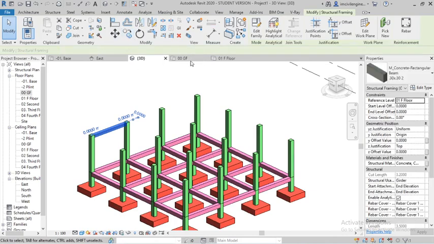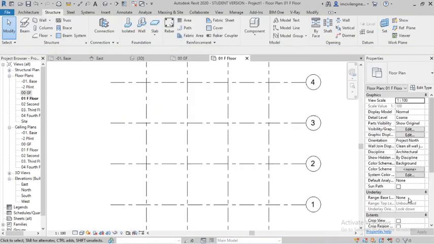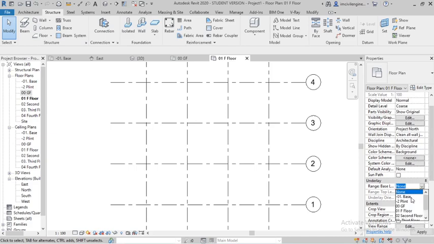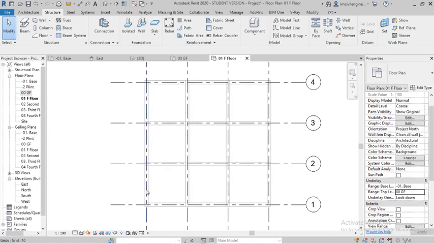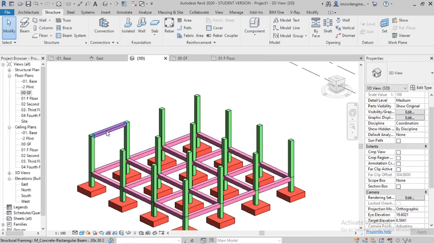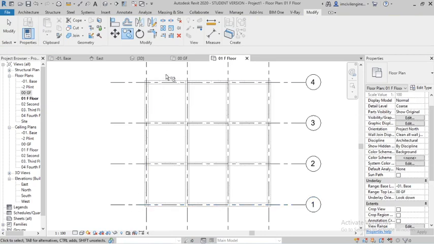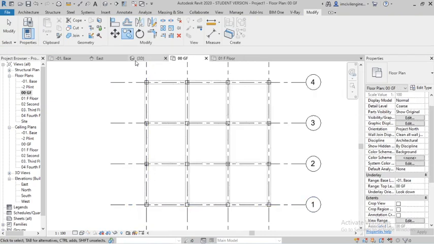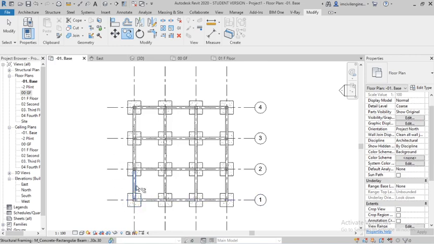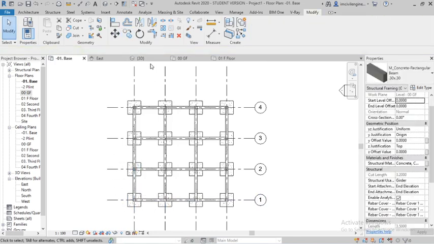Check. For that, underlay up to base I will select. Ground floor. Yeah, the beam is not showing. Can I copy?